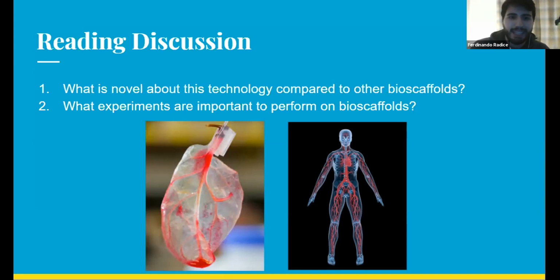I don't know exactly the experiments to perform, but they talked about mechanical testing as one part of that. Another part is the perfusion flow: how well does the vascularization actually work to allow the perfusion of fluid like blood, oxygen and nutrients to those cells? The other things I was thinking about were cell adherence, the vascularization density and pattern, and whether that's maintained during the decellularization process, like how much is disrupted by that process.